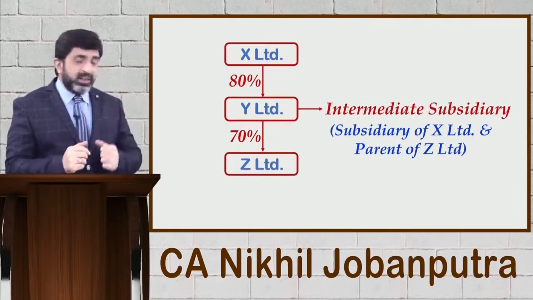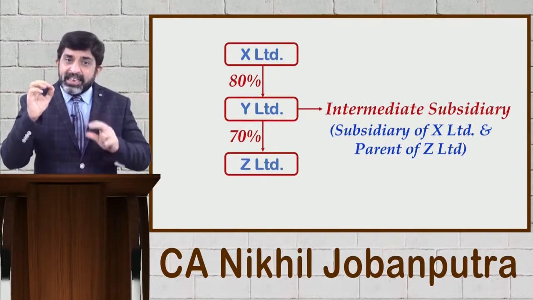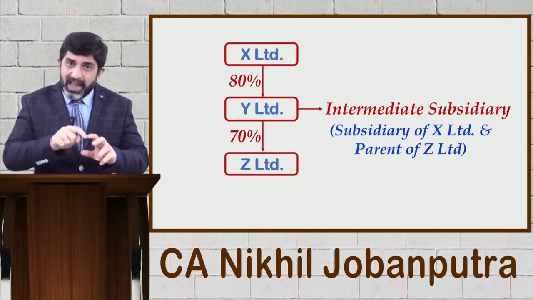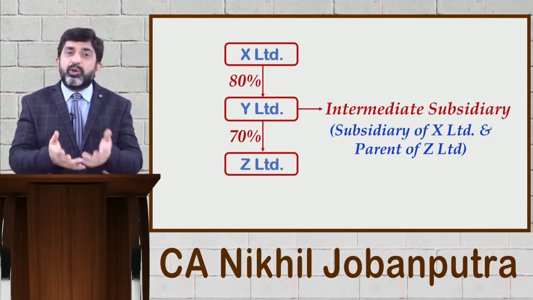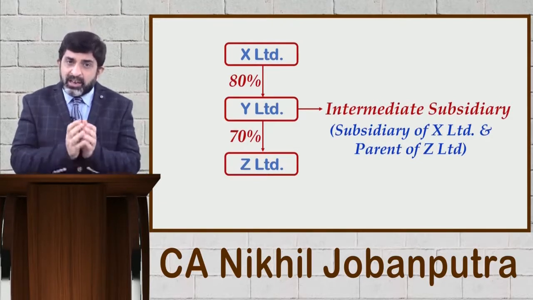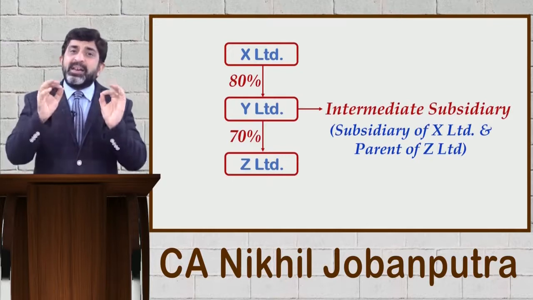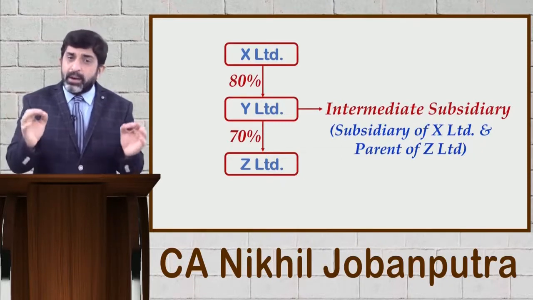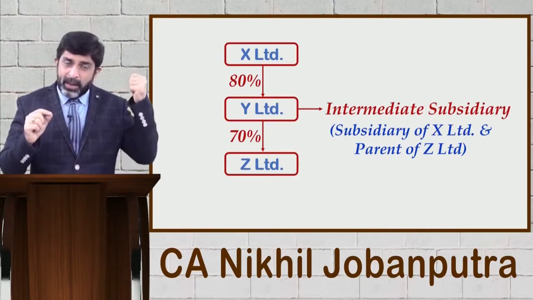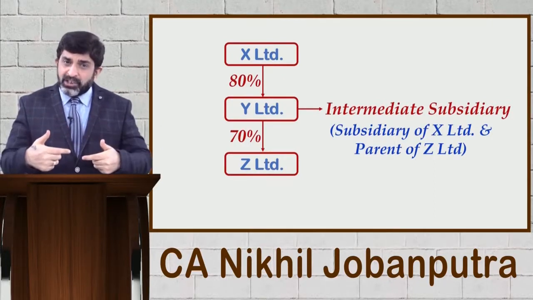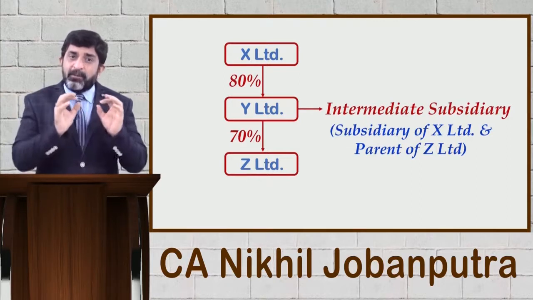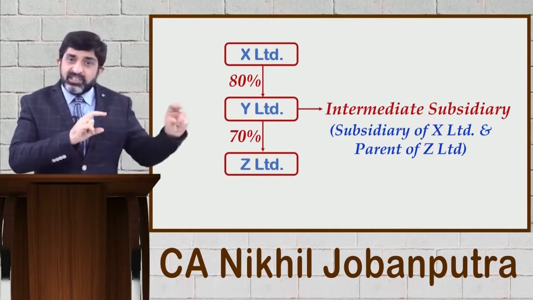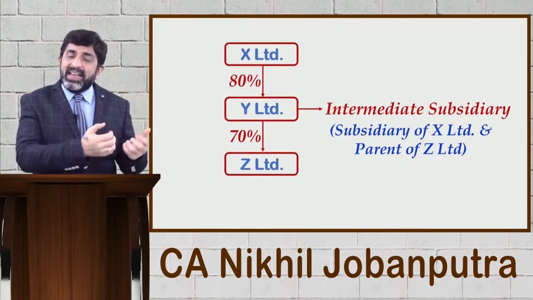If you can see over here, company X is holding 80% shares in company Y and we are trying to grant company Y exemption from presenting consolidated financial statements. So one typical condition is the ultimate parent has to present consolidated financial statements or has to make reporting in accordance with Ind AS 110. So if X Limited, the ultimate parent company, is presenting consolidated financial statements or providing a financial report in accordance with Ind AS 110, then Y Limited, which is the intermediate subsidiary, can be granted an exemption from